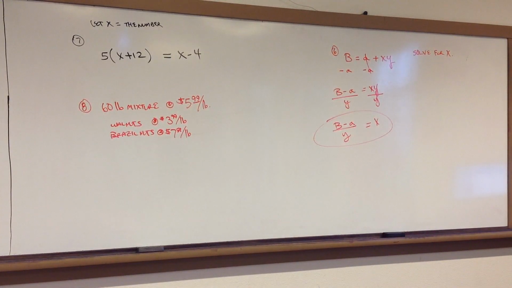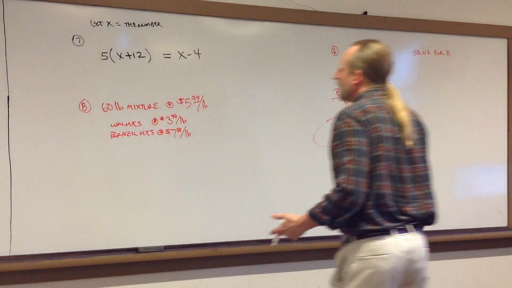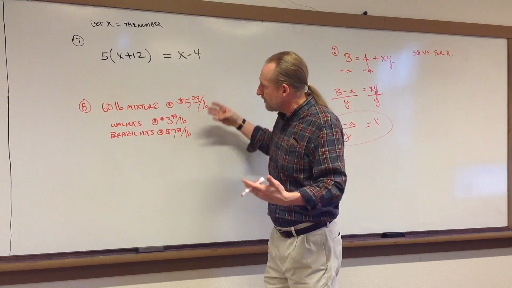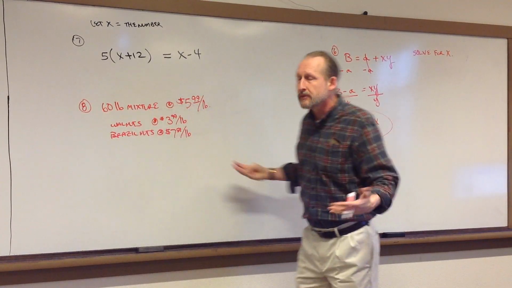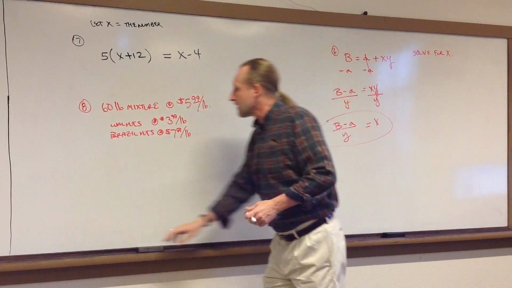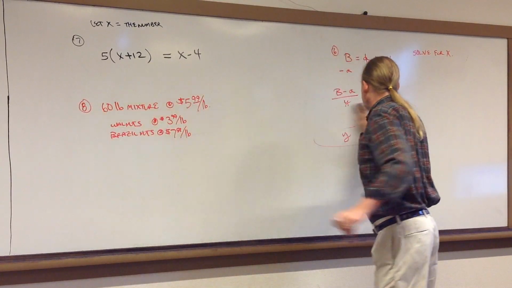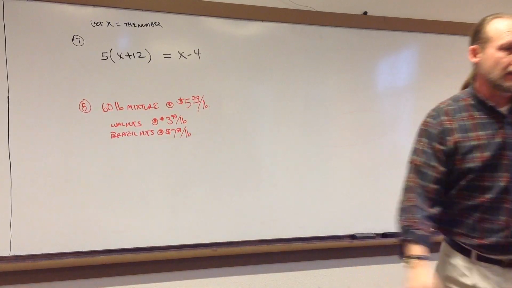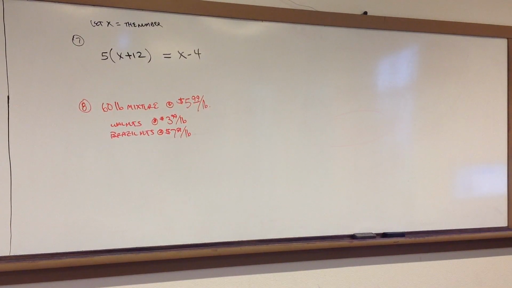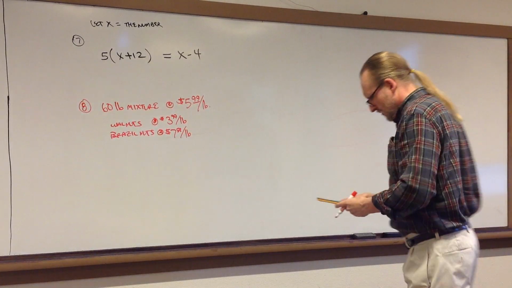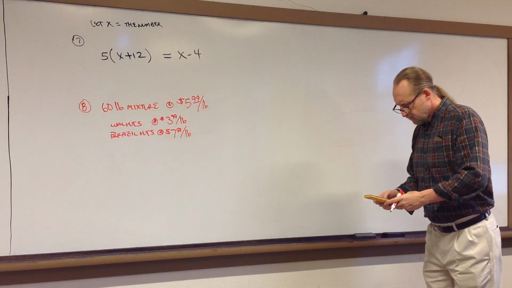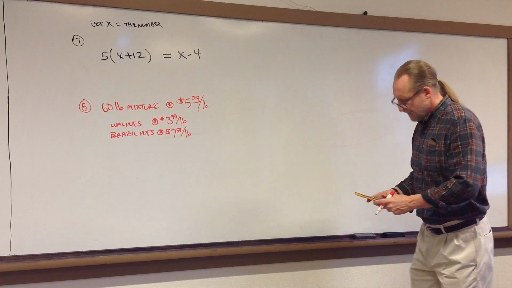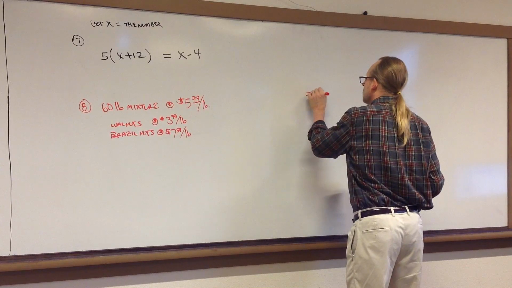Well, the key here is that you want the value of the mixture to be equivalent to the value of the nuts that are going into the mixture. So the value of the mixture is 60 pounds times $5.99 a pound. And so if we multiply those two together, we'll find out what the value of that 60 pounds of the mixture is. So 60 times $5.99, $359.40. So that's the value